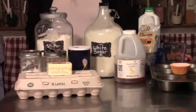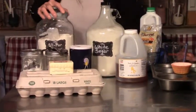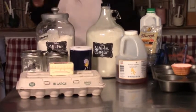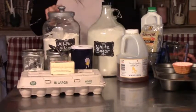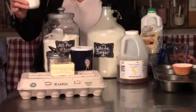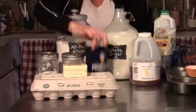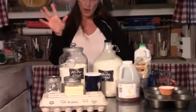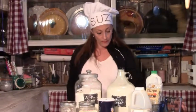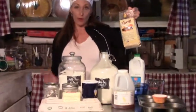Then what I like to do is mix my dry ingredients separately before I add that to the wet ingredients. So go back to another bowl and use either a whole wheat flour, an all-purpose flour, whatever kind you like. Put 1 cup of that in a bowl with a teaspoon of baking powder, a teaspoon of baking soda, and a teaspoon of salt. If you want to use a sifter for that, you can. Otherwise, just mix all your dry ingredients together. Go ahead and put in your wet ingredients that you just creamed together. And then last but not least, add your cereal combination that's been soaking for about 5 or 10 minutes,